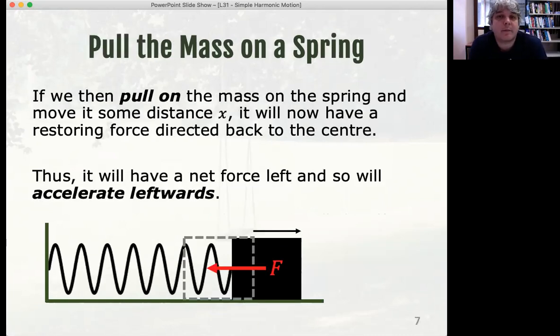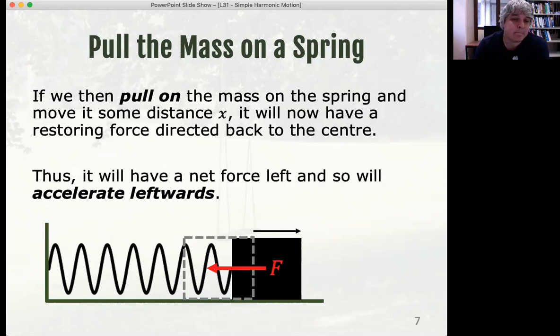However, if we pull that block outwards, so we're going to extend the spring, we're going to stretch it out, let's move it some distance x, it will now have a restoring force directed back to the center equal to kx. Just Hooke's law, F equals kx. That means that the block now has a net force to the left. Remember, we're ignoring friction, so we're doing this on an air hockey table or something. So we've got a net force back to the left equal to kx,